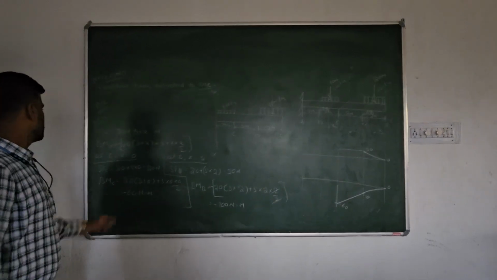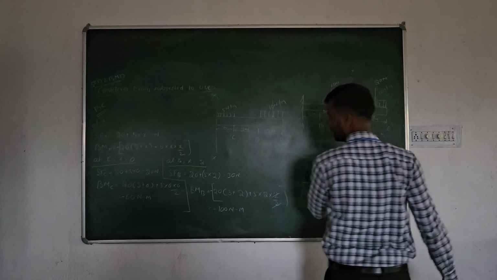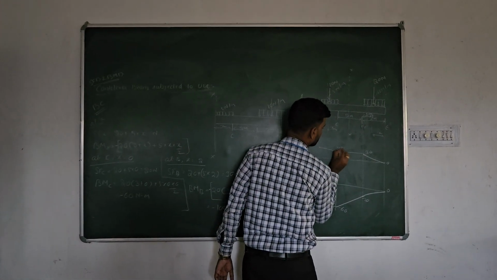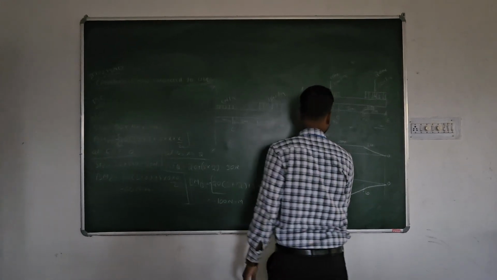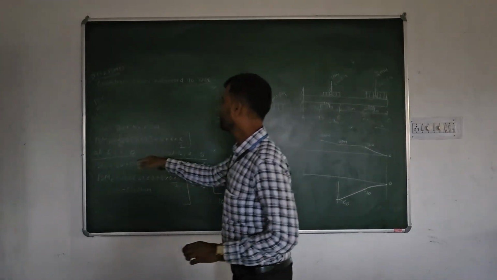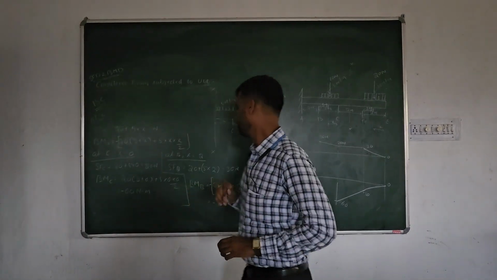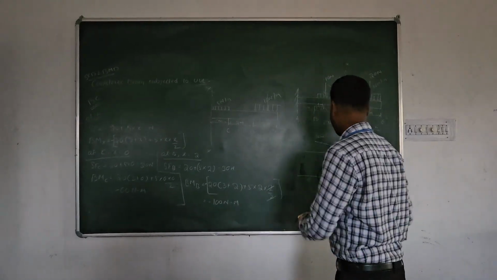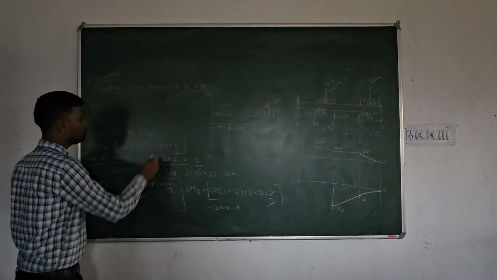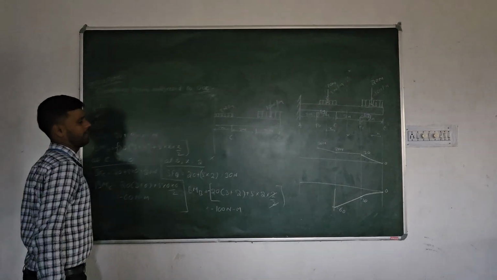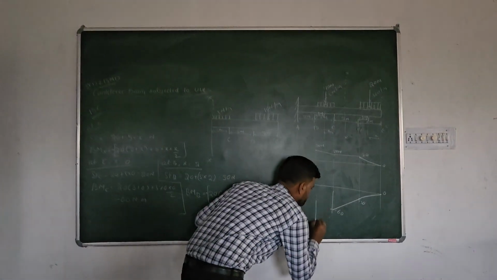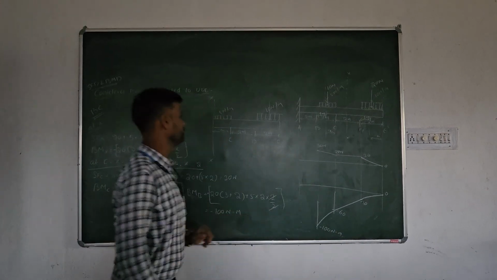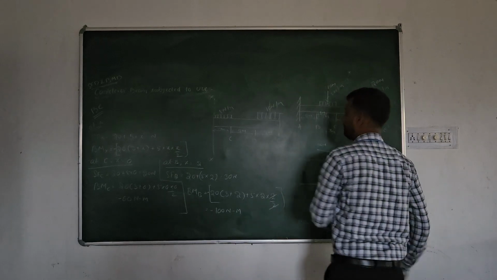Now let us draw that one. Shear force at C is 20. Okay. And shear force at B is 30. At this point, this is 30. This is 20 Newton and this is 30 Newton, and it will be a straight line because in this formula x to the power 1 is there. But in case of bending moment, here this is minus 60 and here this is minus 100. And as x to the power 2 is there, x square in this formula is there. So this will be a curve, minus 100 Newton meter. Now we'll move to section AB.